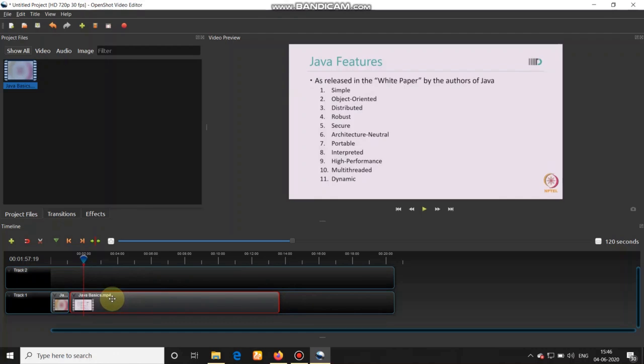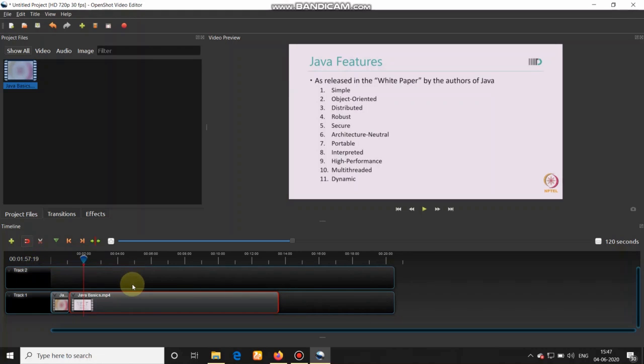When you do this, remember that your snapping tool must be enabled. If you are not enabling the snapping tool, it is possible that your clips may overlap. That thing we don't want in our video clip.